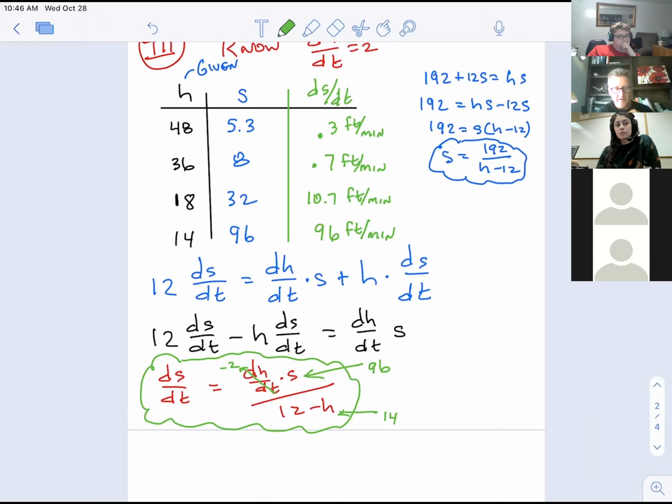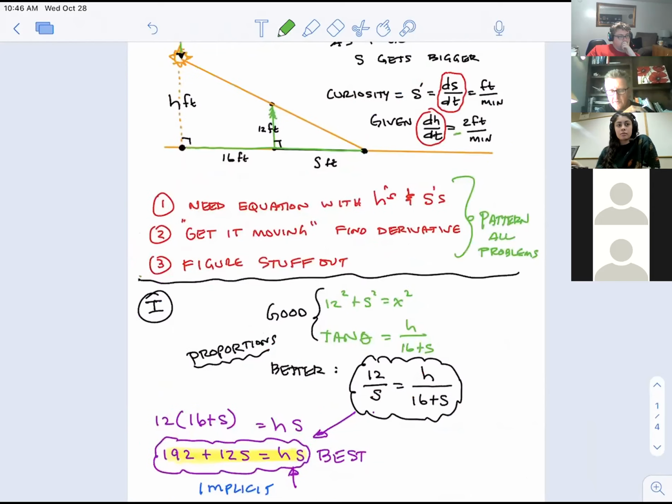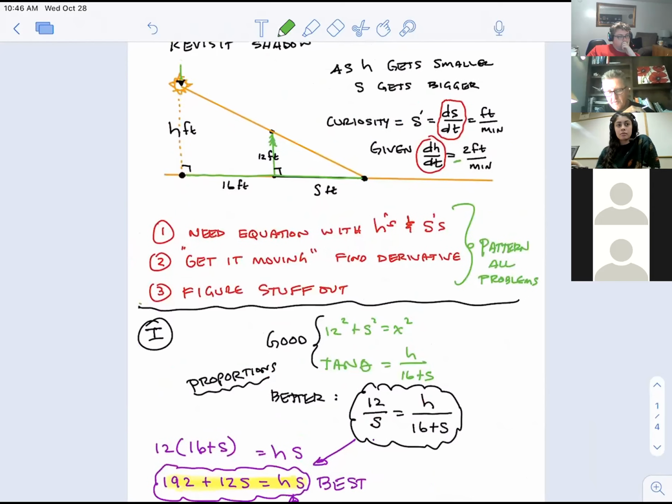Again, what you're going to be asked on a test or your homework assignment is just one of these. I give you 4 different answers here so that you can see how dynamic and how cool it is, but you're just going to be asked one of them. They'll probably give you a figure, but they'll do something like, the sun is a light pole. And I think this is one of your questions, if I remember right. The sun is a light pole, so it's not moving, but you are the tree and you are moving, like you're walking in this direction. And so it'll ask, based on how fast you're walking, how fast is the shadow growing? That's a classic question as an example.